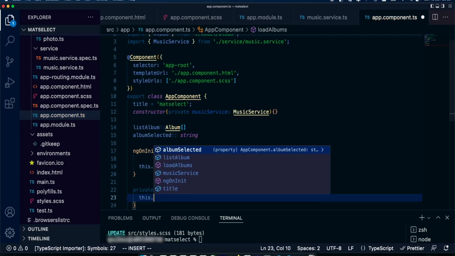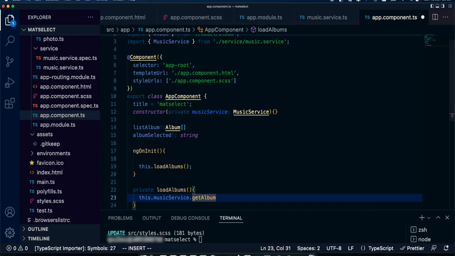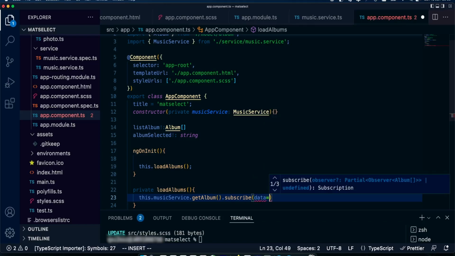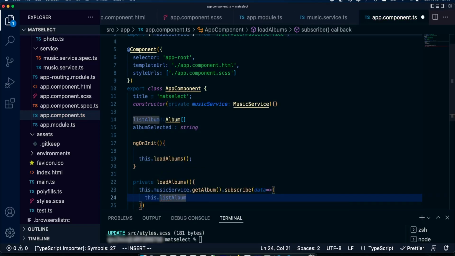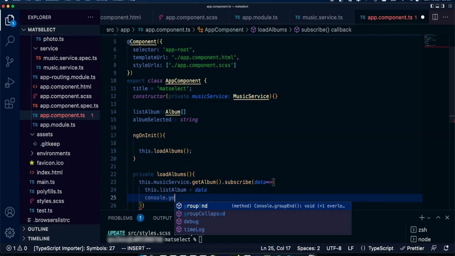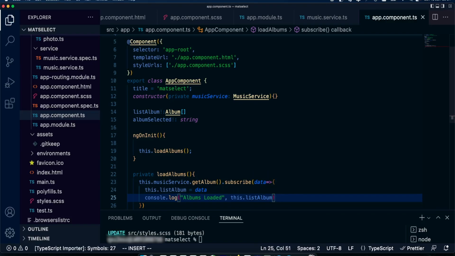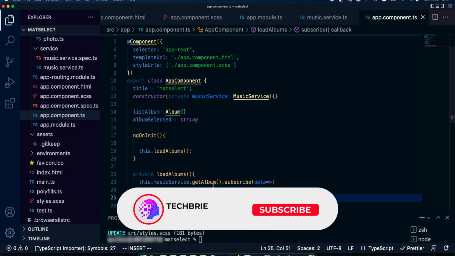This is going to be this.musicService.getAlbum, you will subscribe to list album. We're going to console log this just so that we can see what we have. Okay, so we have successfully created the function that's going to make that API call. And this is going to happen on page load.